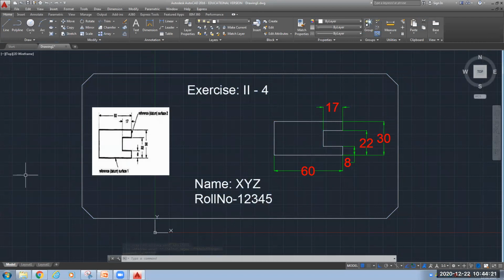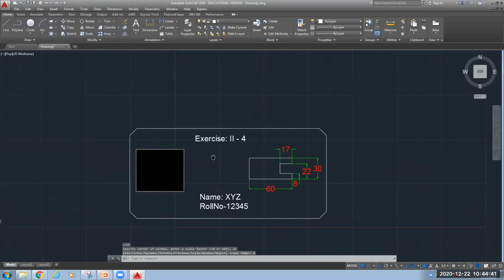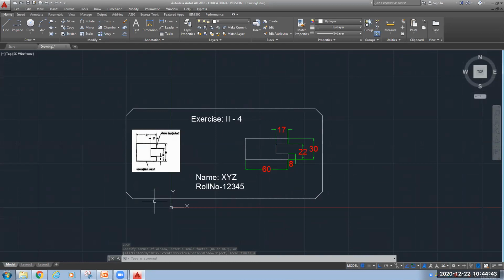One problem is our outer periphery is also not visible. Let's see where it has gone. I will use regenerate. For that, the command is REGEN, regenerate. Zoom all. So we have lost that outer periphery.